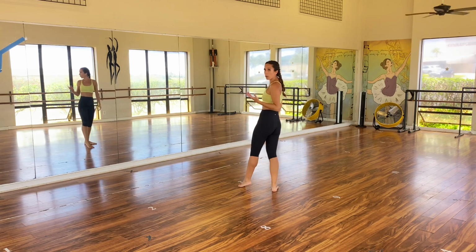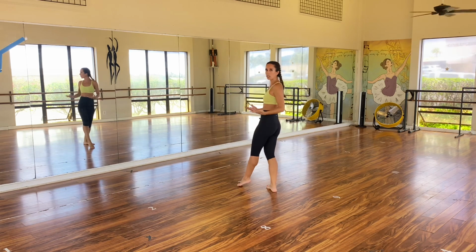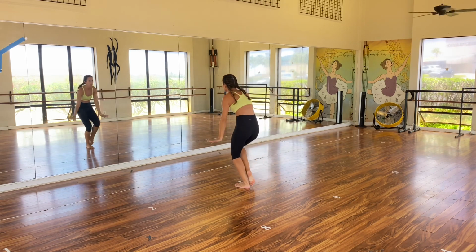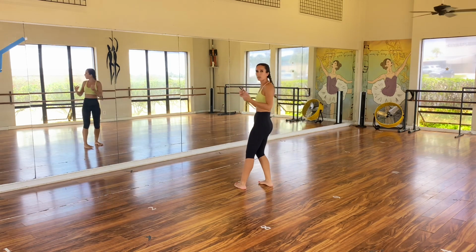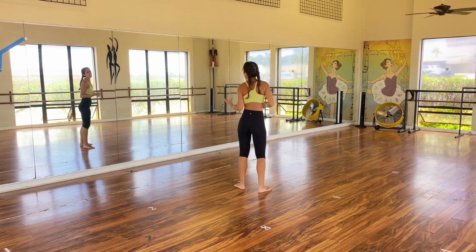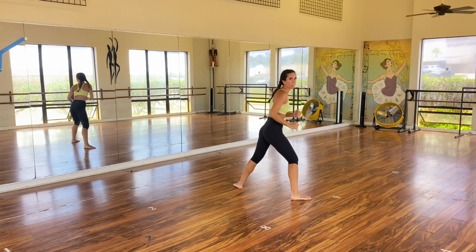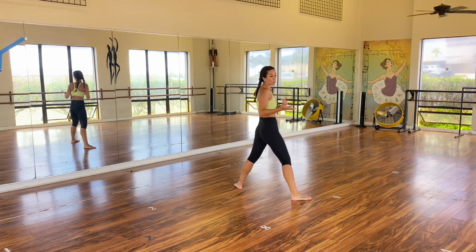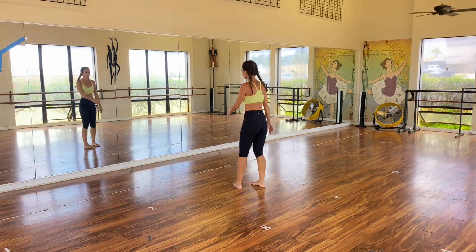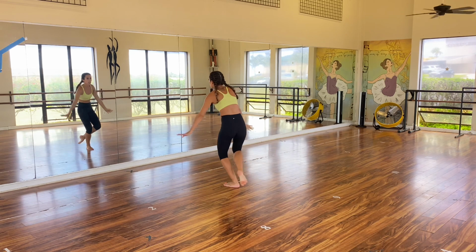The most important part about this is that reach. Okay, is that reach in there. So meaning if you were here, reach. And almost kind of fall into it. Almost fall into it a little bit, as if you were really reaching for somebody to hold your hand and you missed and you let go, okay? That's the kind of feeling you want in that. It's actually really not about the leg so much as it is about that reach right there. So, you were here on, so farewell, so before